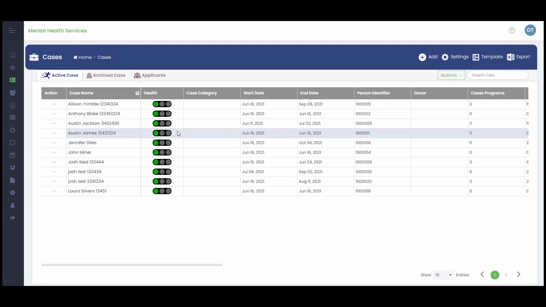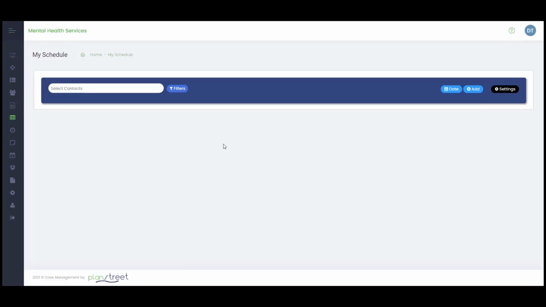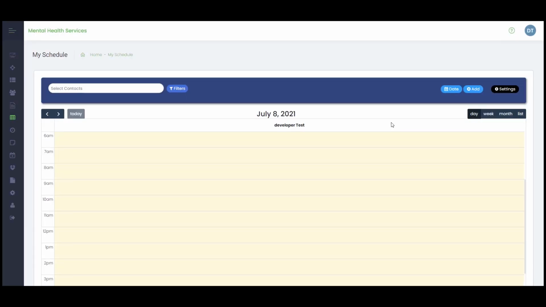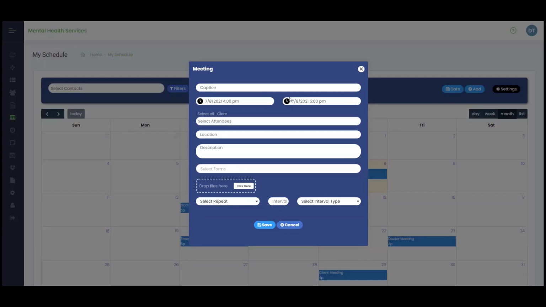Another part of our software that you may find useful is our calendar. The calendar or the scheduler allows you to manage your calendar and set up appointments and track to-dos that you might have during the day, the week, or the month. You can see here I can have access to a list of all the things that I have to do for this month. I can add a new appointment by simply just going in here,